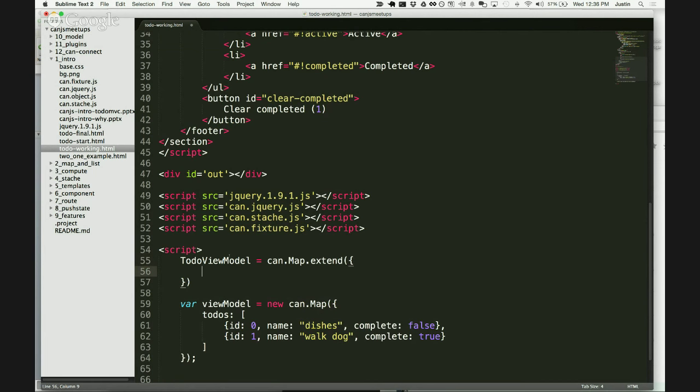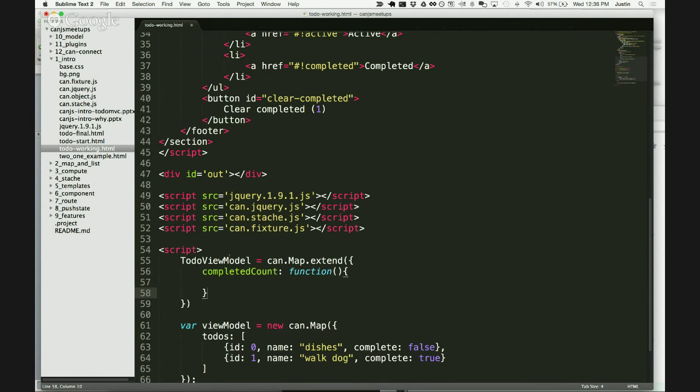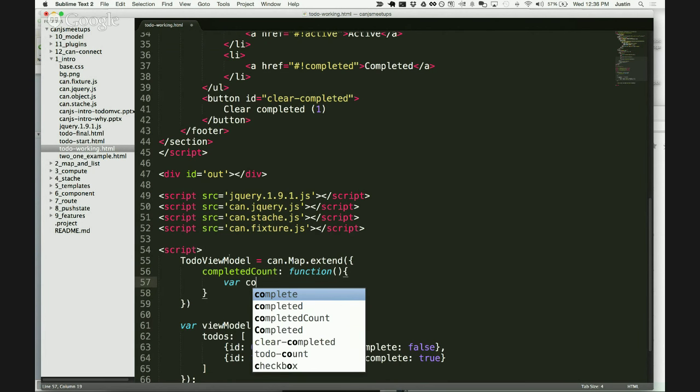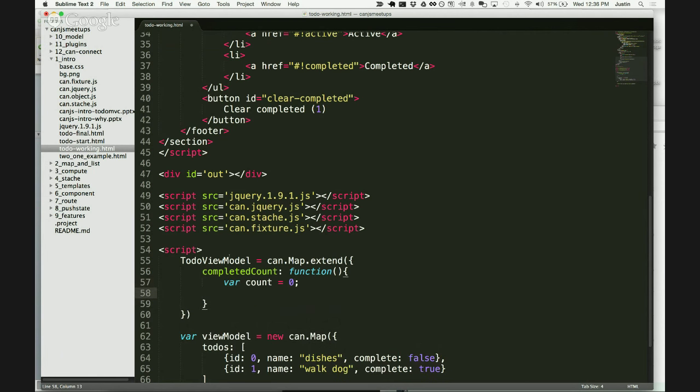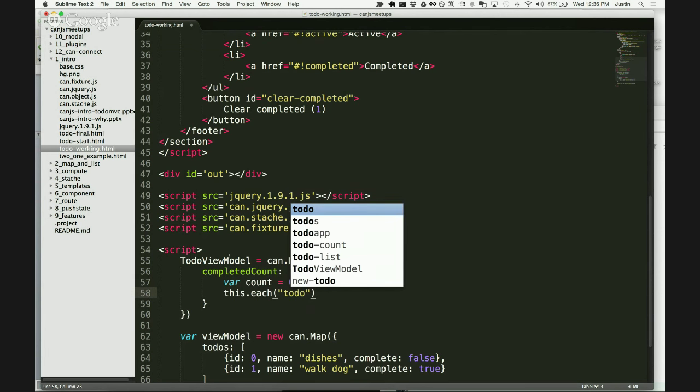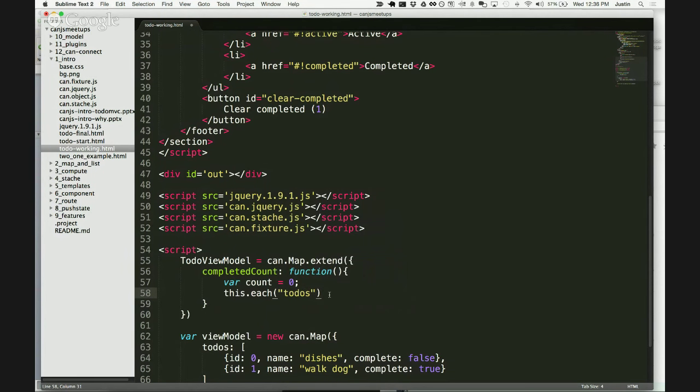And I'm going to add a method that is called completed count. And what this is going to do is have a count, and it's going to go through each of the to-dos, and for each one that's complete, it's going to, wait, do we want to show